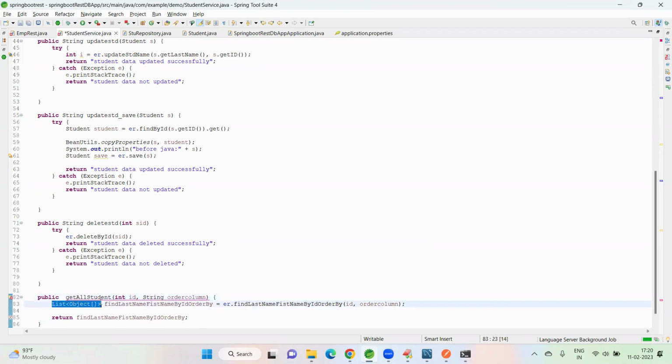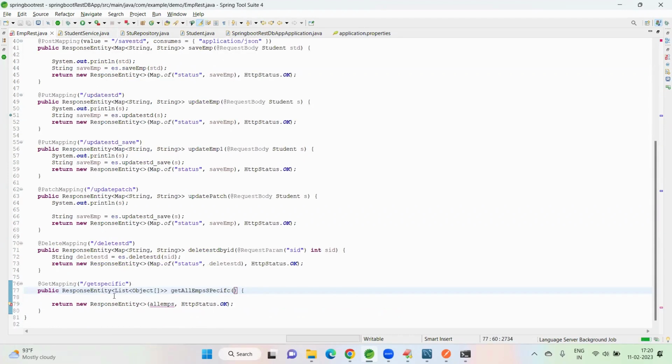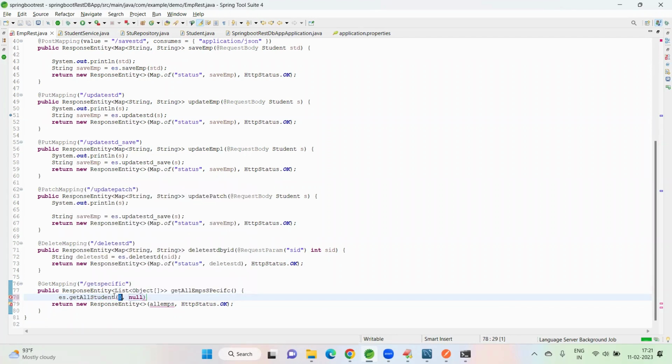List of object array. What is list of object array? That we have to identify by going through the Hibernate videos. That's already told in Hibernate. Yes, dot get all students. It will be